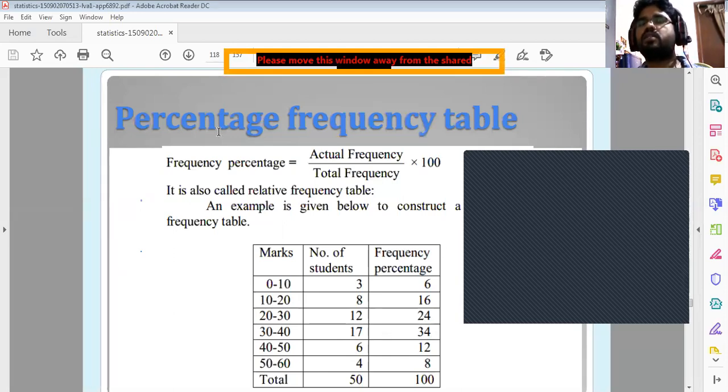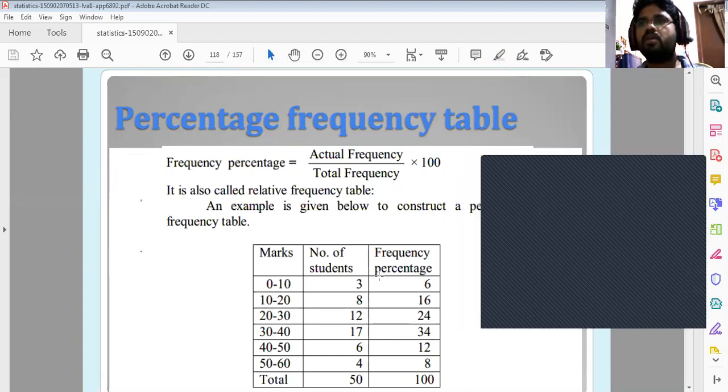Okay, this is how to estimate the percentage frequency table. Sometimes when we are presenting the data in table form, some people will present in terms of frequency only, and some people will present the data in terms of percentage also. There is no need to present both. Some people will present both, but in order to present a good table or to attract more people, most of the people will present the percentages.